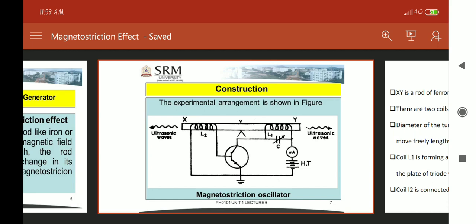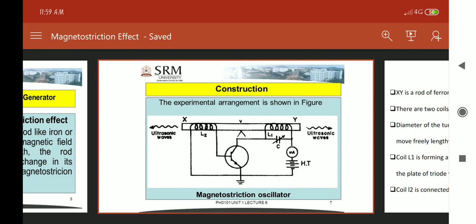The frequency of the oscillatory circuit is determined by the values of L1 and C. If the frequency of this tuned circuit becomes equal to the natural frequency of the rod, then longitudinal oscillations are set up and ultrasonic waves are produced in the surrounding medium. So this is the construction of the magnetostriction oscillator.